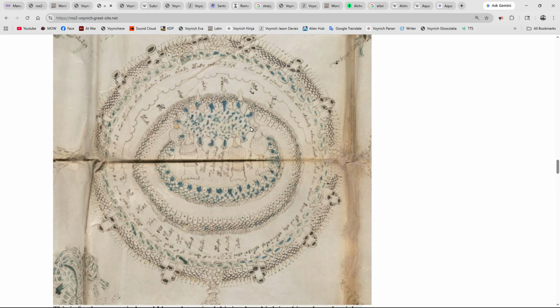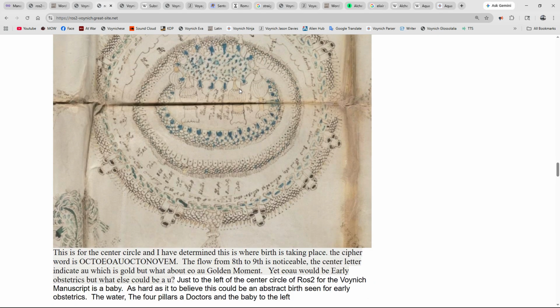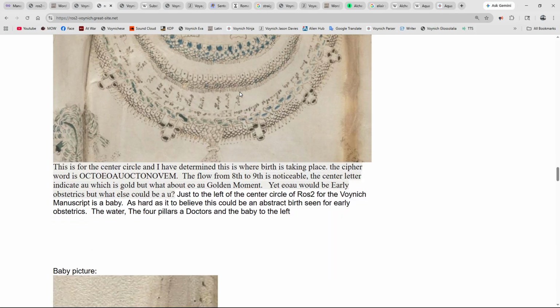Okay, so the central focus of the Ros2, you can see the 4 doctors in the water. And if you notice, the doctors have little crosses on top of them. So many hospitals, some of them have crosses. And again, I didn't put in the Eva word for the center word. I just put in the cipher word. Well, you notice